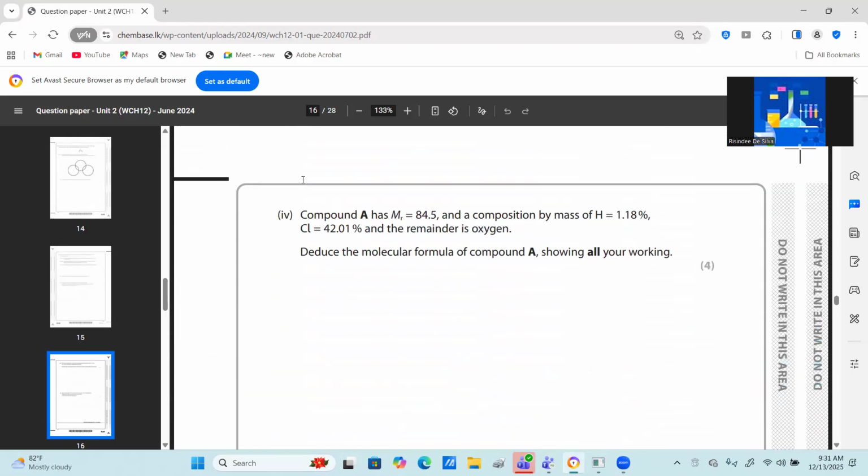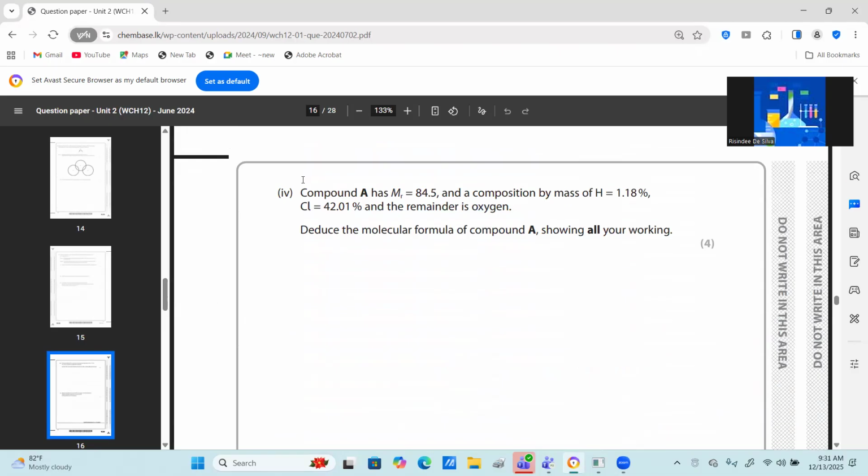Compound A has a molar mass of 84.5 and a composition by mass. Deduce the remainder in oxygen. Okay, so now only we are going to find compound A. So first we can easily find the percentage of oxygen. From 100, subtract 1.18 and 42.01. Then you get the percentage of oxygen as